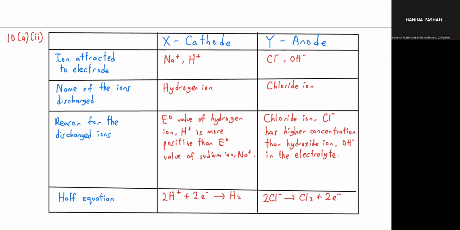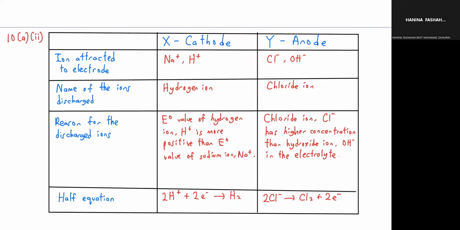What ion is chosen? There are 4 ions present at the electrodes. Which one is being discharged? Hydrogen ion and chloride ion. Reason for this: at the cathode there is only one reason, E naught value higher than Na, more positive than Na. Then Cl minus is because of the concentration, higher concentration than OH minus. Normal case we choose OH minus,